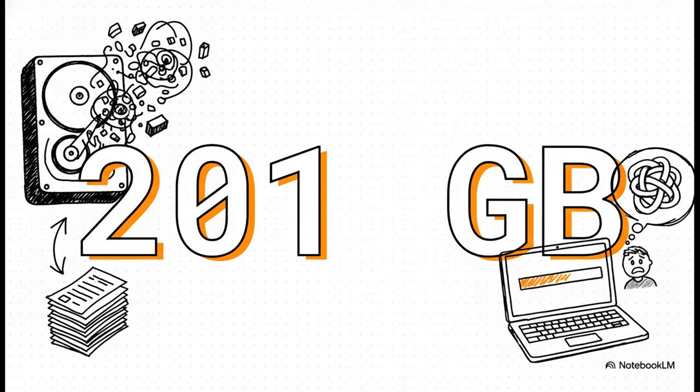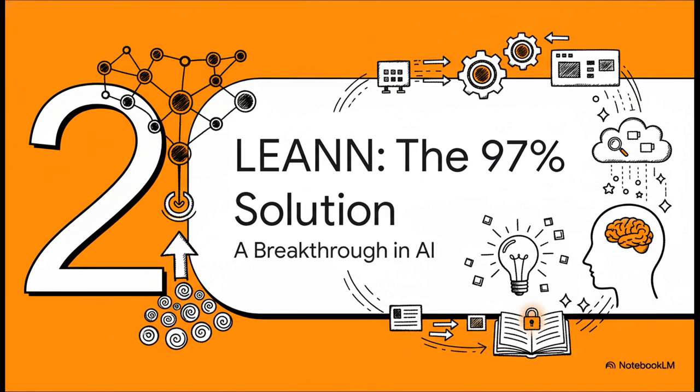And this is where the scale of that problem just becomes crystal clear. To index a really large data set, let's say 60 million documents, which is about the size of a big wiki, a traditional RAG system would need 201 gigabytes of storage, just for the index. I mean, that would fill up the hard drive on most of our laptops right there. But now, there's a new approach called LEANN that is completely changing the game. And I mean it. This is a genuine breakthrough that solves this massive data problem. And it's making personal AI a reality for all of us.